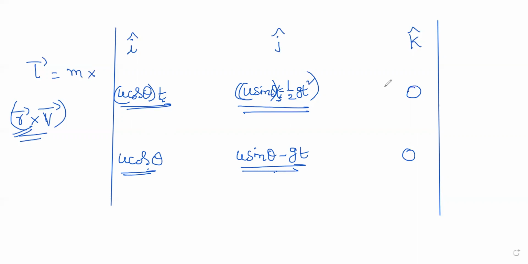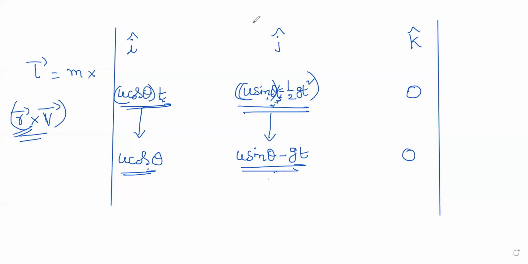So these are some of the techniques and tricks which I use to check whether I'm writing things correctly, whether I'm missing anything while solving the problem. This is how I correct. Again, I'll explain: this is the displacement term. If I differentiate it with respect to time, I get the velocity. Differentiating the x direction term gives the velocity in the x direction, and differentiating the y term gives the velocity in the y direction. Very simple. And now you have to find the cross product.